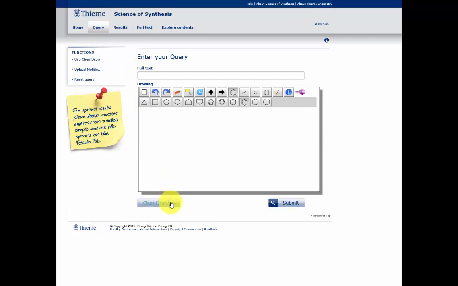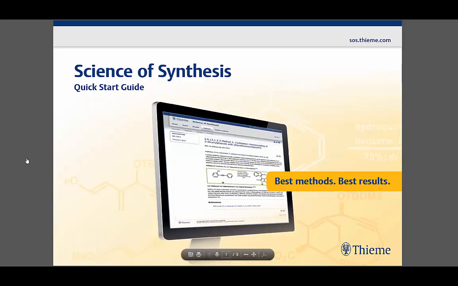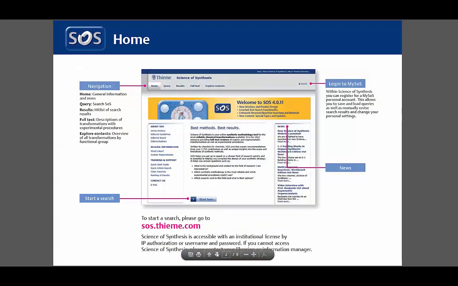Finally, let's take a look at where you can find some more information about how to search in Science of Synthesis. Simply go to the Home tab and select the Quick Start Guide from the Training and Support box. This provides you with a PDF that you can download, view or print out. The Quick Start Guide is 8 pages long and it illustrates each of the tabs in the product in more